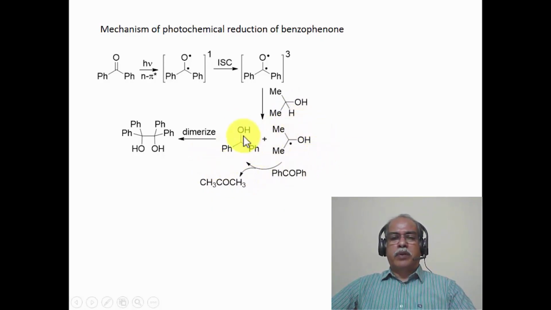The benzhydryl radical thus produced is reasonably stable to look into another benzhydryl radical in terms of the dimerization reaction. So photochemical dimerization is a very efficient process under this condition. In fact, if you mix benzophenone in isopropyl alcohol with a drop of acetic acid to remove any amine kind of impurities and leave it under sunlight, the benzpinacol gets precipitated out of the reaction mixture quite readily. So this is a sort of a light driven reduction reaction of the benzophenone to the corresponding pinacol as the